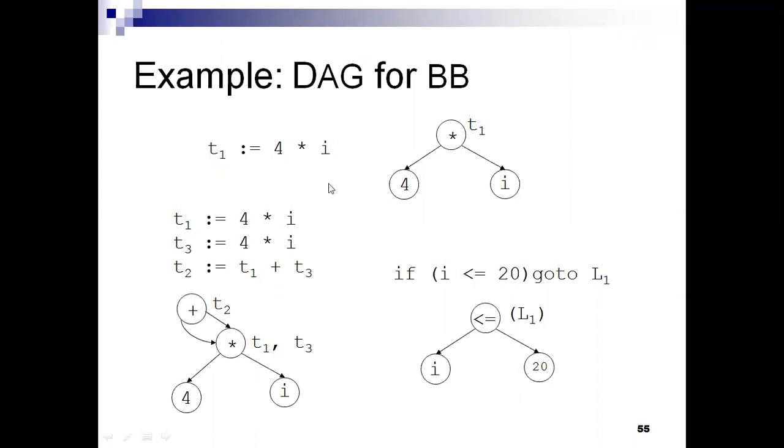Is it clear? Here in this slide we have three-address statements. For the three different statements, we represent the DAG like this. For only the single statement T1 is equal to 4 into I, this is the way of representation. For three lines of three-address statements, this is the way of representing the DAG. A DAG is nothing but a directed acyclic graph. That means we are not forming cycles, which we also call loops.